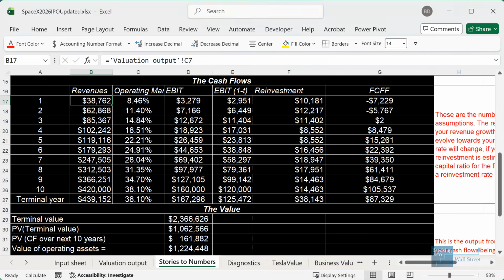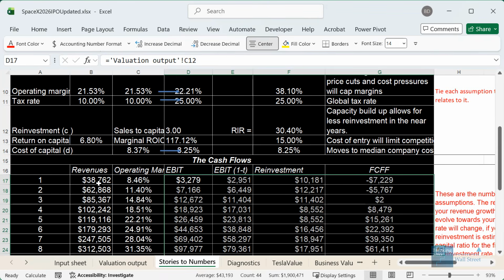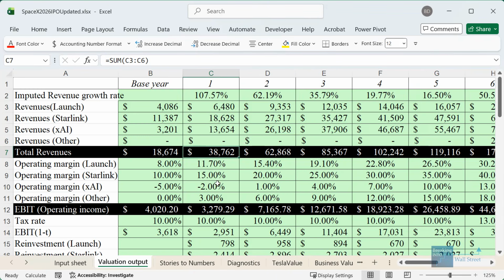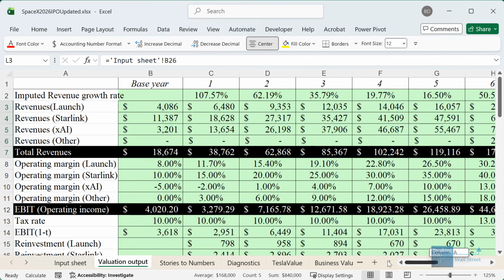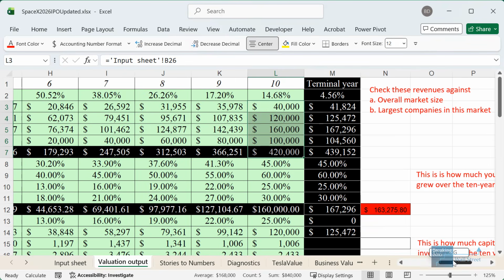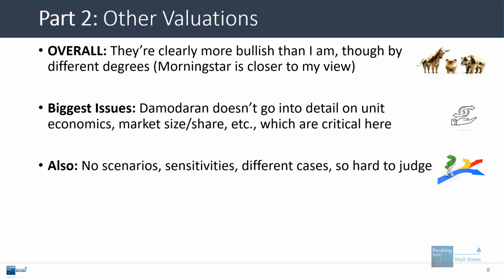So if you go and look at it, it's fine with the setup and all of that, but the problem is that if you go in and try to trace the revenue and where it's coming from, he does break it out by segment, but he sort of just has a final year number for each of the segments, but there's no real buildup to explain where it's coming from. There are a few notes in his written version of this that explain the market share and things like that, but we don't really see the progression, and so it's really hard to judge how credible these assumptions are based on that.